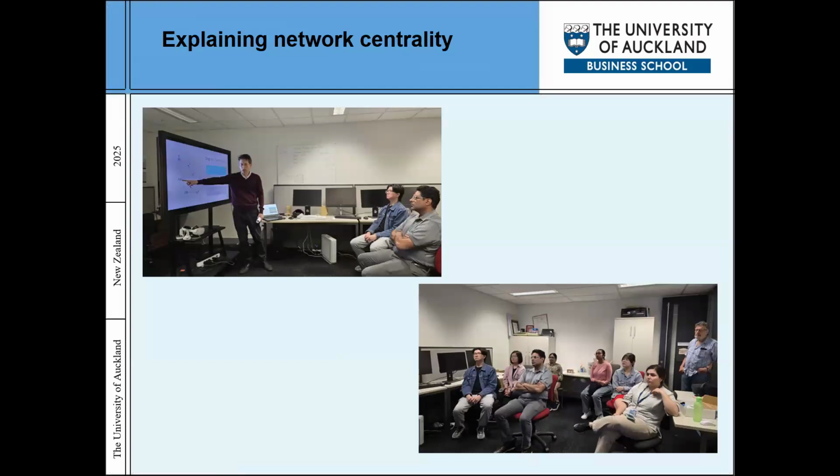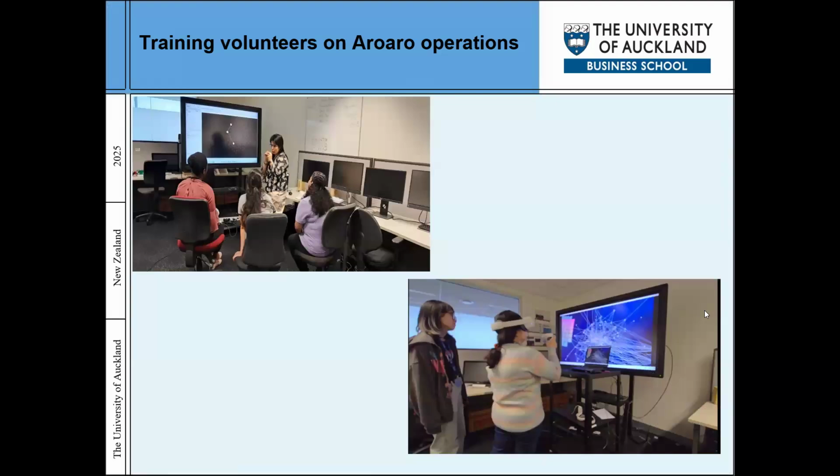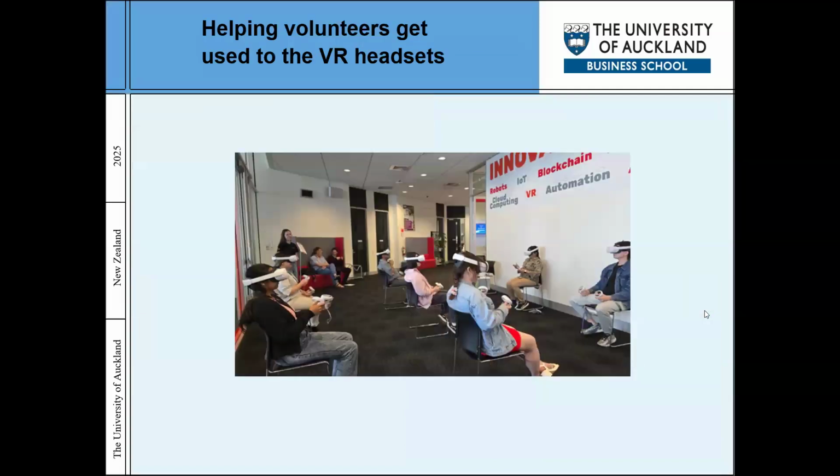Now, to give you some idea about how we conducted the experiments, like I said before, first we explained the concepts of network centrality. You can see Fernando here explaining to the participants, and I'm happy to see that some of the participants are present here as well today for this seminar. So we explained these concepts to them first. And what you can see is our RORO lab, our own research space on level 5. Then we trained the volunteers, or the participants, on RORO operations and also on how GEFI works. You can see me here in our research space demonstrating how both tools work.